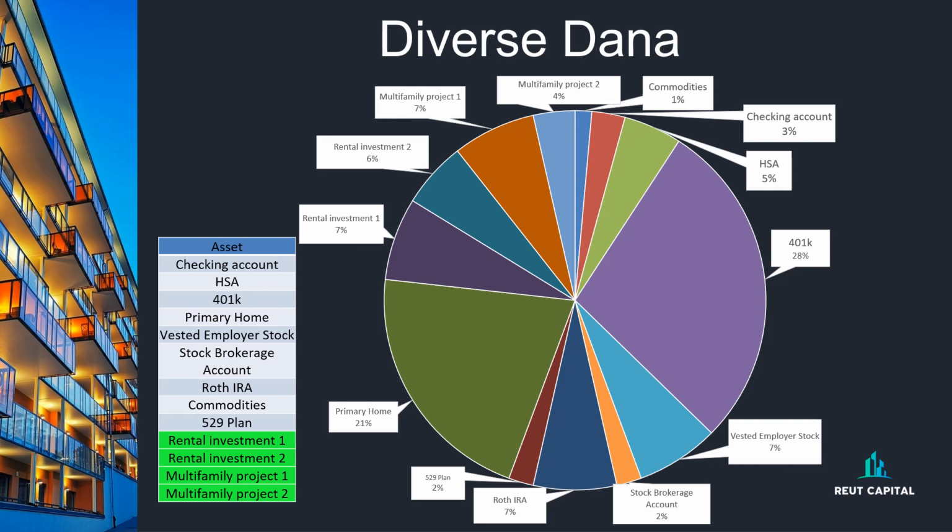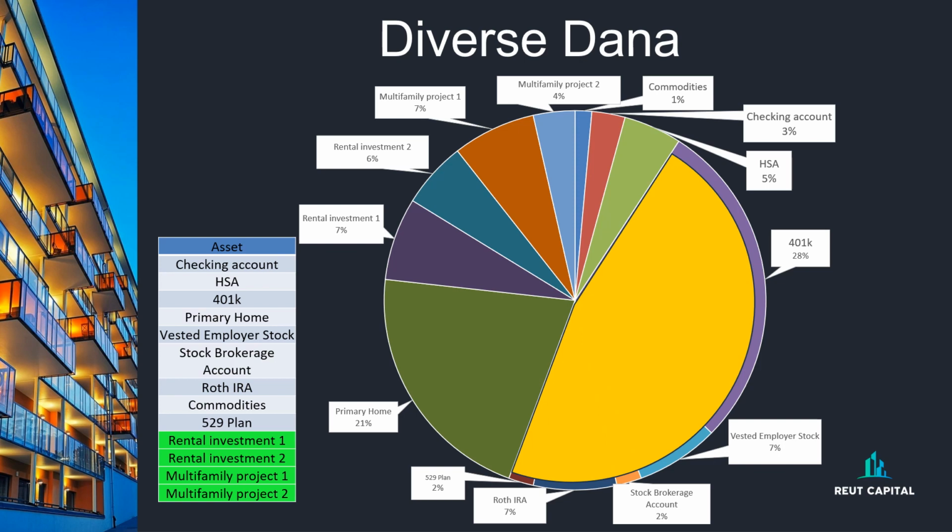She learns from all these guys. She learns from Chris, she learns from Tom, she learns from Logan, and she decides to add some more pop and some more color to her multi-asset portfolio. And she decides over a time frame of 4 or 5 years that she will get into some sort of real estate. So she does one or two single family homes, she does one or two multi-family homes or projects, and then she has all the other plans that everyone else had. So now let's look at how her portfolio looks.